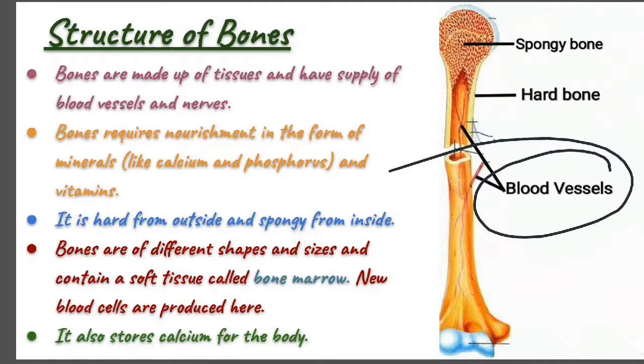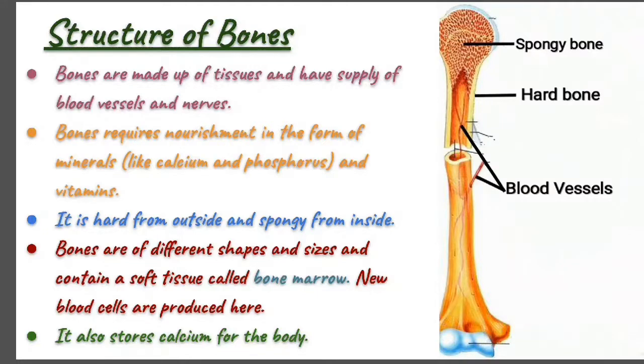Okay, so this is kind of a system. It has a kind of chain which runs the blood throughout the body. Our bone is also a part of our body, so it needs a function. Why is blood important in our body? Because blood provides you the oxygen. That pure blood provides the oxygen throughout the body. So that's why blood is important, and blood is important in the bone also. That's why we have blood vessels here in bones. So this has a supply of blood vessels and nerves in our bone.